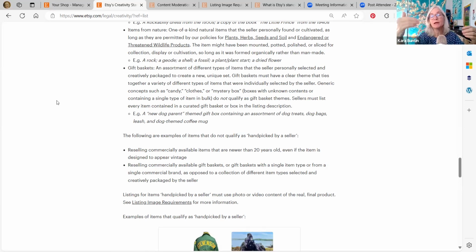Because you can't sell add-ons because they're commercially made. Well, apparently, if you call it a gift basket, you can. Okay. Because if you're creatively curating, but you have to sell the whole thing, and you have to say you're getting this. You can't do it as an add-on. You can't say, if you buy this, you can also buy these variations. You still can't do that. But if you lump it all together as a gift basket and you give it a theme, then apparently that's